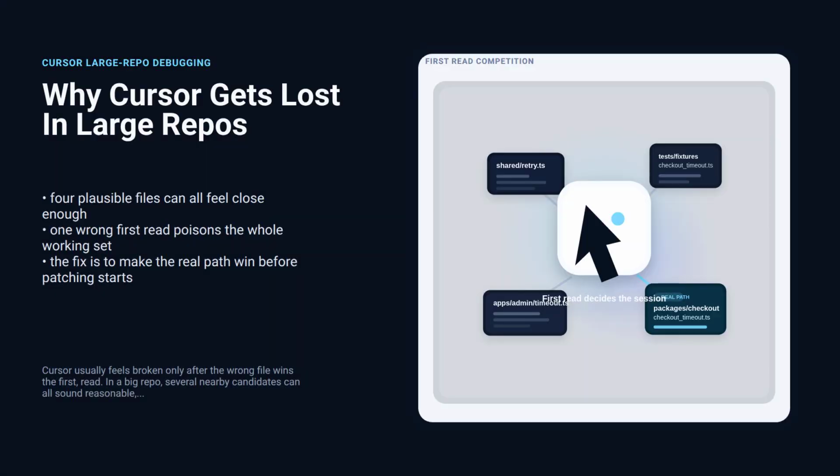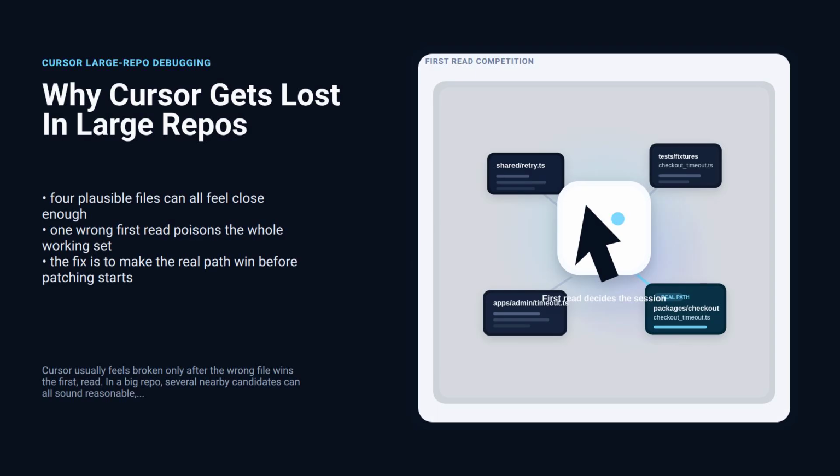Cursor usually feels broken only after the wrong file wins the first read. In a big repo, several nearby candidates can all sound reasonable, and the session drifts before any patch lands. This video is about that exact moment, why it happens, why Cursor feels lost, and how to make the real